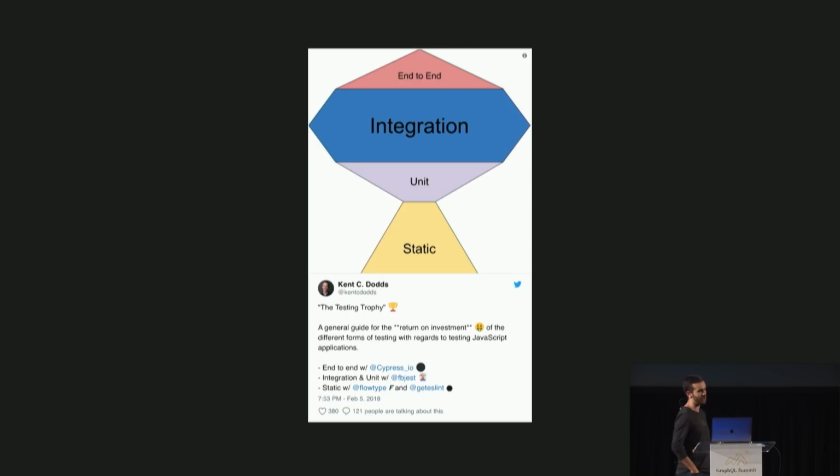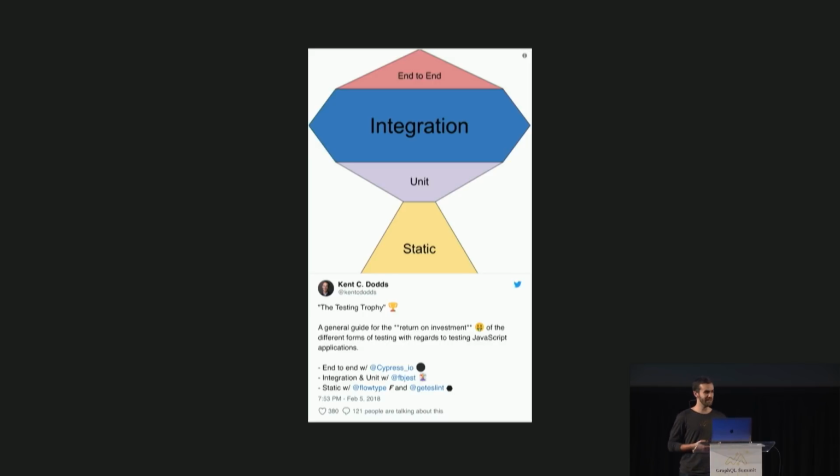What you really need to know from this chart is that your static testing, your static typing, static analysis is going to get you a lot of benefit, especially when it's automatic. The next most beneficial part of these tests is going to be integration tests. These aren't unit tests, which just test individual functions and individual components in isolation, whereas integration tests test how these pieces come together.